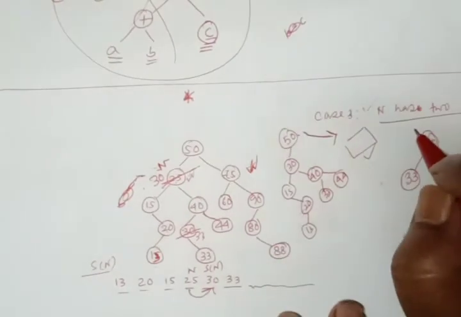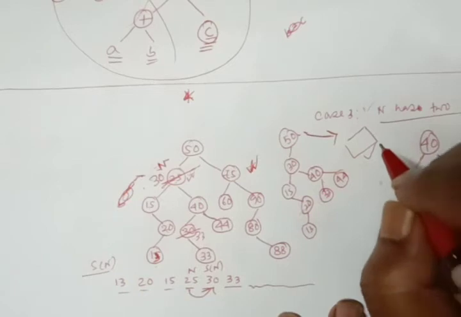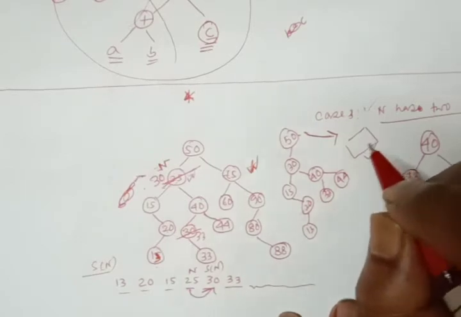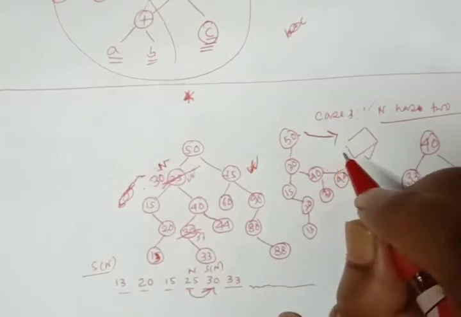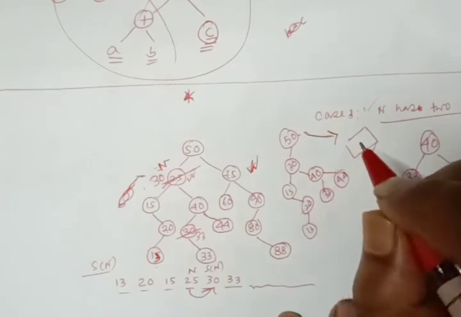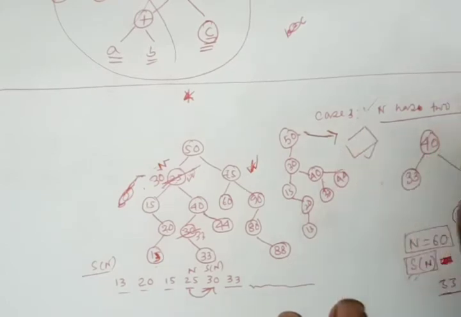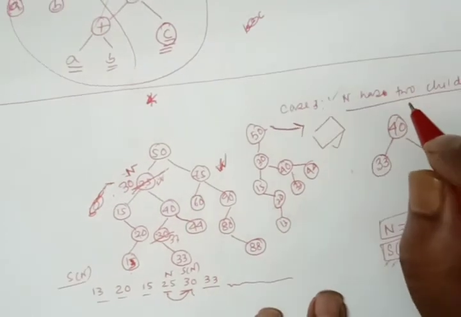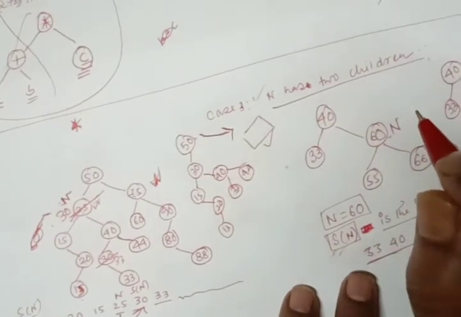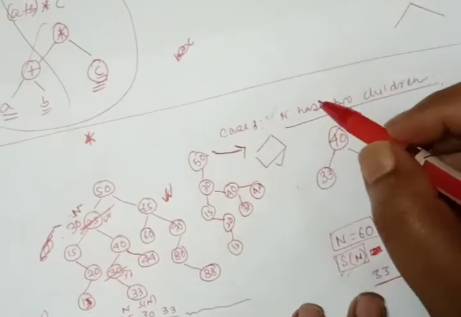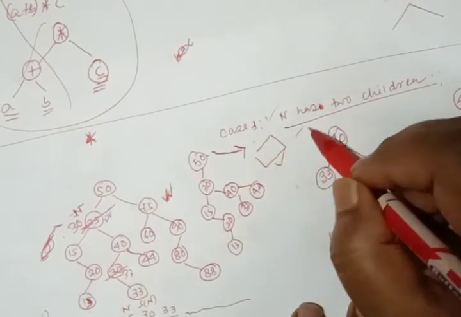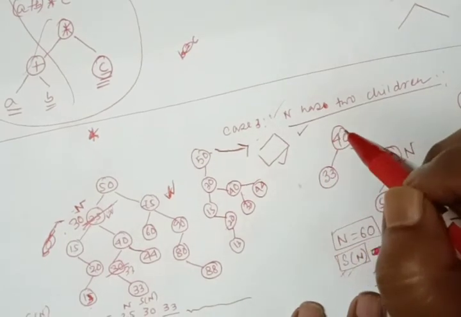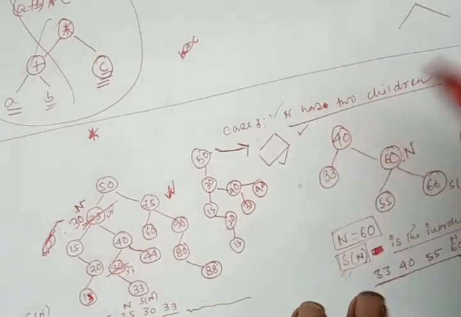So one thing you should remember here is that once you delete a node from the binary tree, you have to keep the properties of the binary tree. That is, the nodes in the left subtree will be less than the parent node, and the nodes in the right subtree will be greater than or equal to the parent node. So after deleting, you should maintain the properties of the binary tree, whether in case 1, case 2 or case 3, because case 3 is more complicated than case 1 and case 2. So with this video I conclude this binary search tree.